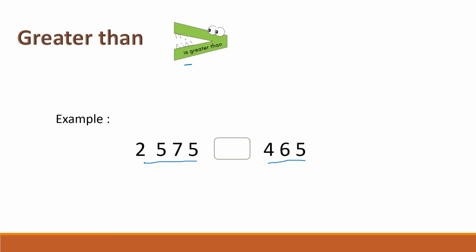To compare these two numbers, first we have to find out which number is larger and which one is smaller. As we learned, the number which contains the more number of digits is the larger one. The number with less number of digits is a smaller one. Now find out how many digits in this number. On the left hand side we have 4 digits and on the right hand side we have 3 digits. So which one is bigger? 4 is more than 3. So we have to use the greater than symbol because the crocodile mouth is always open for the bigger number. If the left hand side number is more than the right hand side, then we use the greater than symbol.